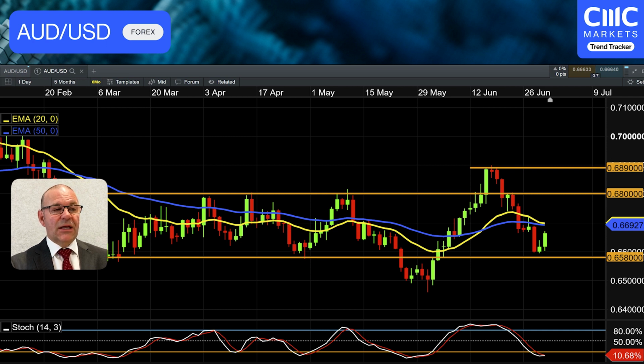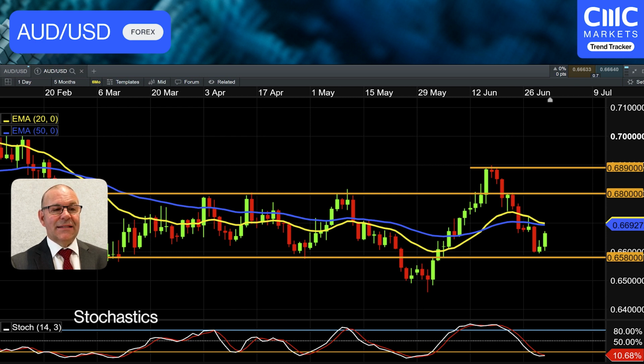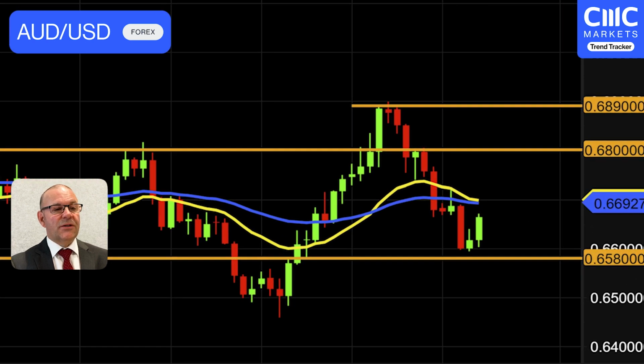I'm using here the daily chart, top left, and also exponential moving averages, the 20 EMA in yellow, the 50 EMA in dark blue, and also the stochastics down below. The technical picture here is suggesting that the Aussie dollar is in a sideways range. And that's further supported by the 20 EMA in yellow and the 50 EMA in dark blue touching and going